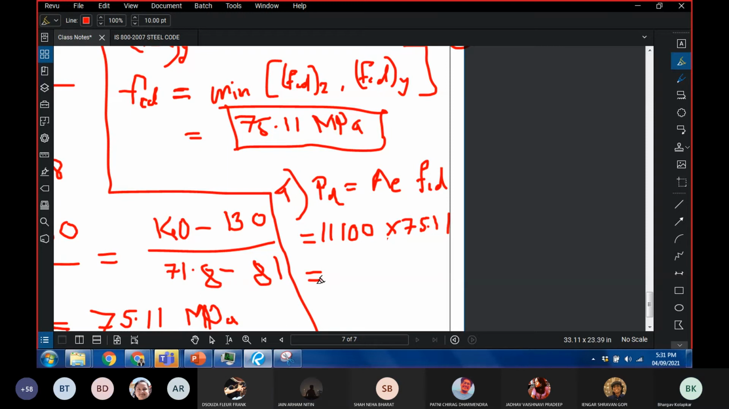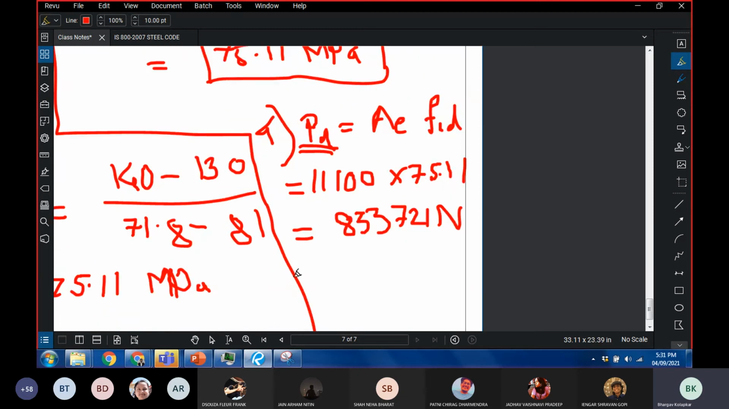833721. Unit. यूनिट बताओ. Newton. 833721 Newton, because force, it is force, which is equal to